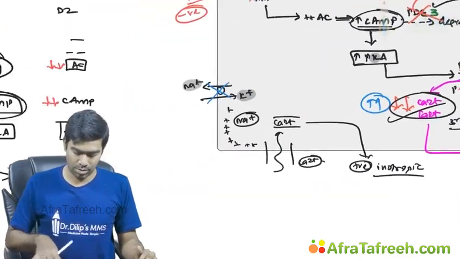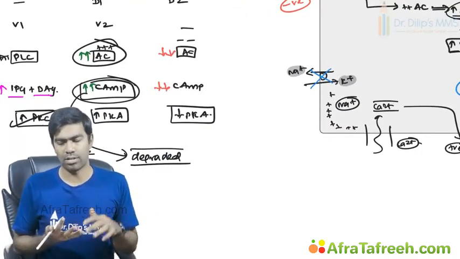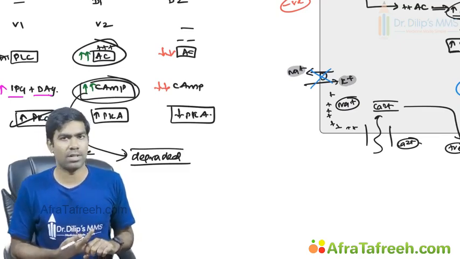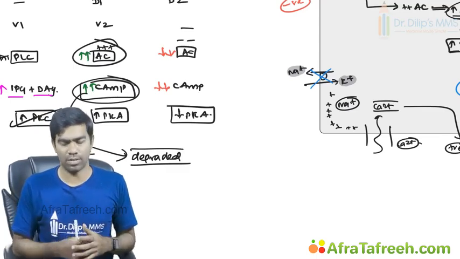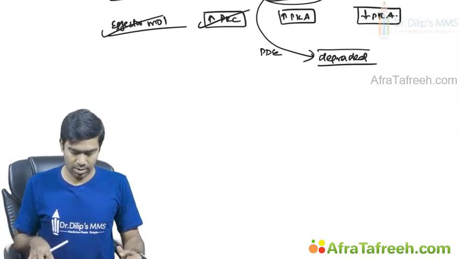So very, very important. So this is some example of how you can modulate at the ligand, then you can modulate at the receptor level, you can modulate at the second messenger level also, you can modulate at the third messenger level also. Everywhere you have drugs. So all these things you have to understand. Alright. So this is a very simple G protein coupled receptor pathway principle.